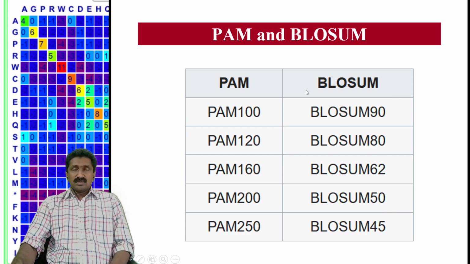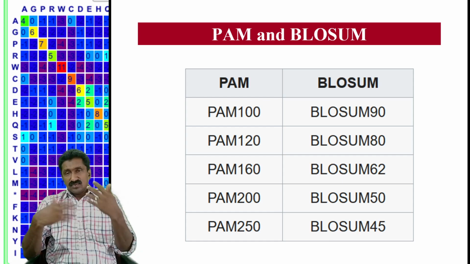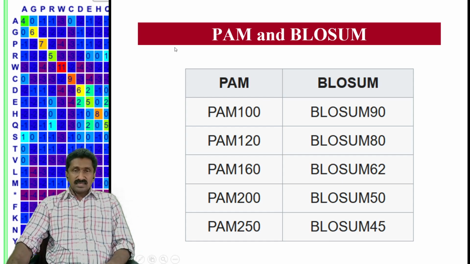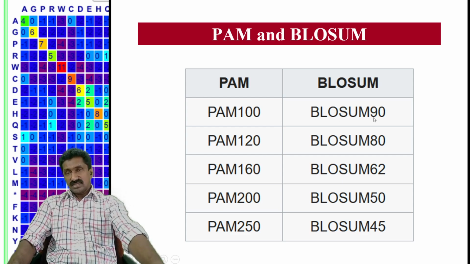These are popular matrices, and you may note that they are arranged in the reverse order. For example, PAM is written in ascending order, whereas BLOSUM is written in descending order, because PAM 100 almost corresponds to BLOSUM 90, because